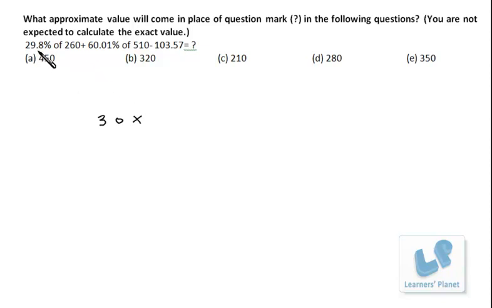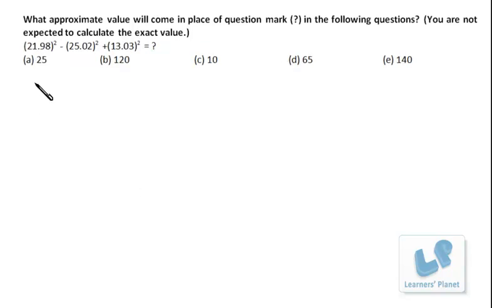into 260. This is higher side, so this is lower side, 250 plus 60 into this is 500 minus this is 100, and the entire calculation is divided by 100, right? So I just remove 0 0 and 2 0 from this. So it's what? It's 75 plus 300, right? So 300 and 75, 375 minus 100 is 275. So around it is 280. Clear? Quite a simple problem. It seems to be tedious, but actually it is simple.